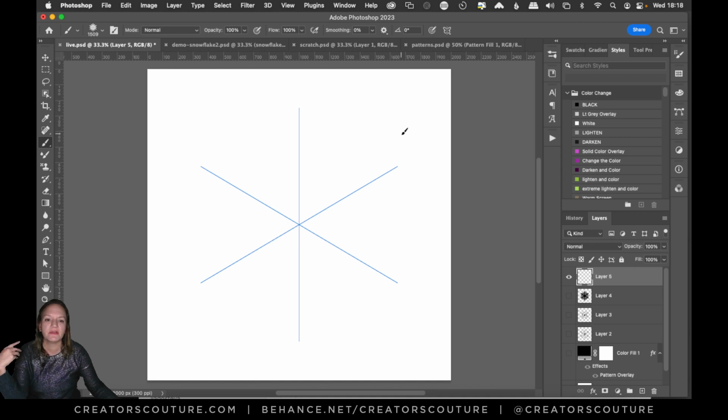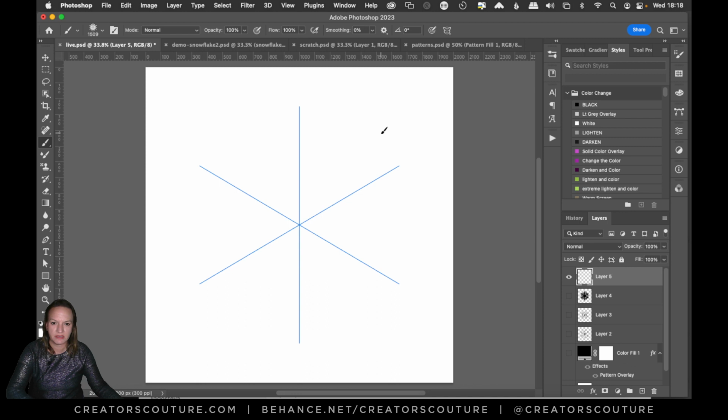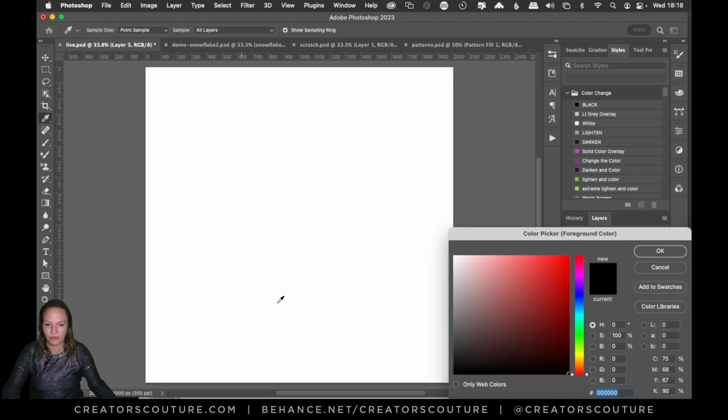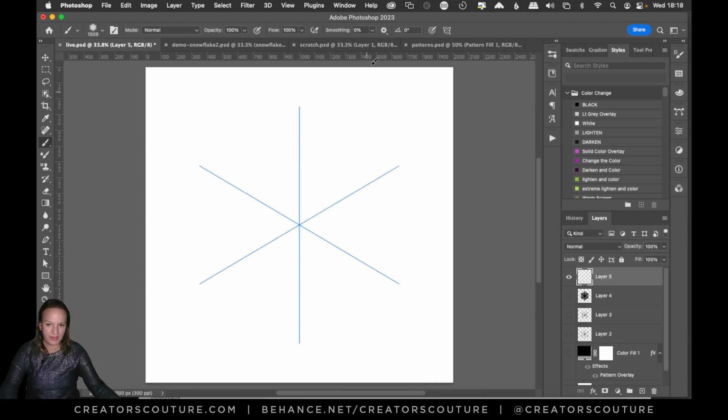So first of all, I've got my document open, and I've got it 2000 by 2000, which is a common size that I use. And rather than using my multicolor brushes, which you guys are really familiar with, I'm just going to grab my regular brush tool, and I'm going to grab a black color. And what I'm going to do is up here at the top,